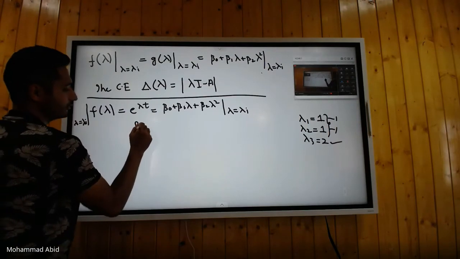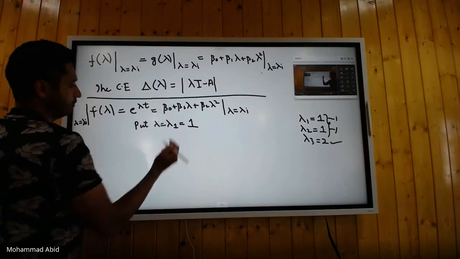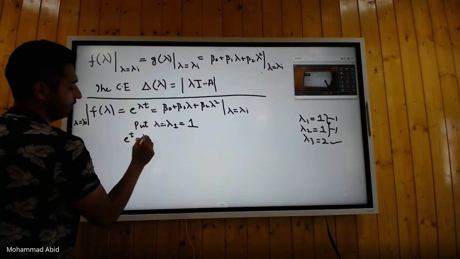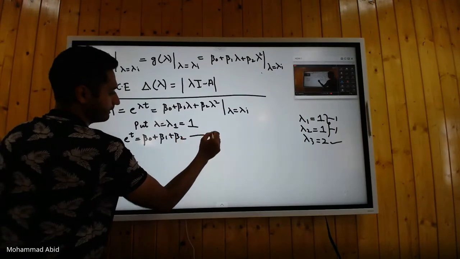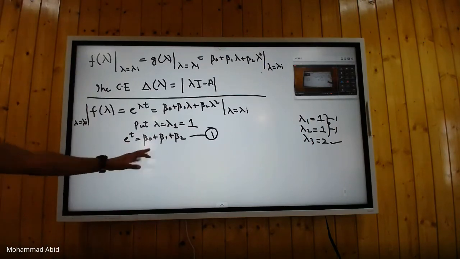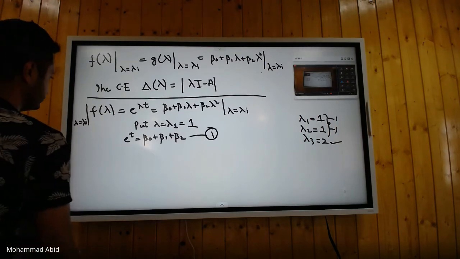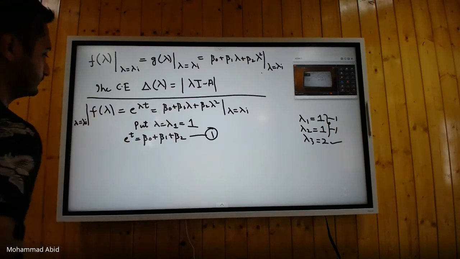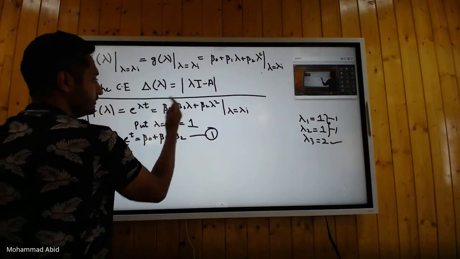So if we put lambda equal to lambda first, that's equal to 1. तो क्या बनेगा? We will have e to the power t equal to beta naught plus beta 1 plus beta 2. फर्स्ट आइगन वैल्यू। तो यहां से तो एक इंफॉर्मेशन आ गई इन टर्म्स ऑफ बीटा नॉट, बीटा 1 एंड बीटा 2। अब हम एक काम करेंगे, ये जो इक्वेशन है जनरल इक्वेशन, we will find the derivative of this equation। डेरिवेटिव से क्या होगा? डेरिवेटिव से we will get another independent equation in beta naught, beta 1 and beta 2।